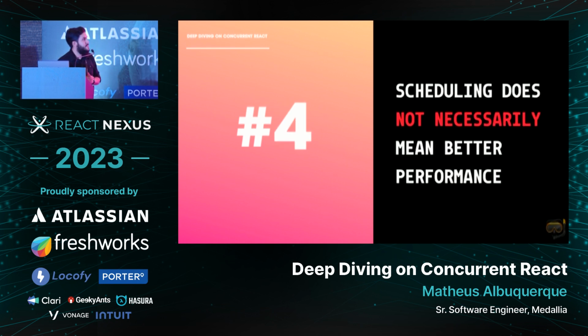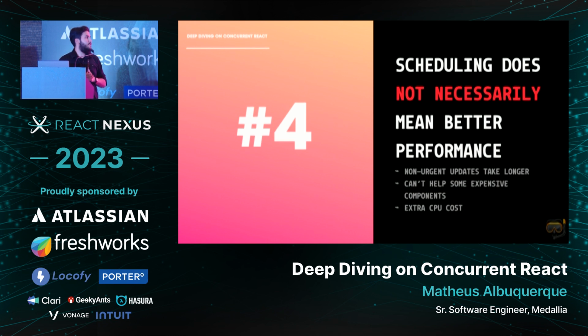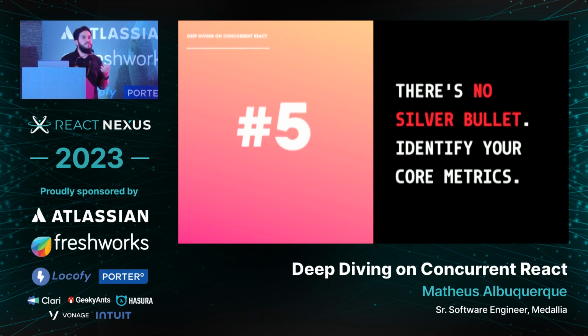The fourth thing is scheduling doesn't, by definition, mean that you will always have better performance. So, for example, you can have non-urgent updates taking longer, or there are some really expensive components within our apps that just doing proper scheduling won't fix. Or we can even have extra GPU costs. The reason I'm saying all of that is the cliche that there's no silver bullet is true, and we need to always think about it. It's important that we identify the core metrics of our apps,